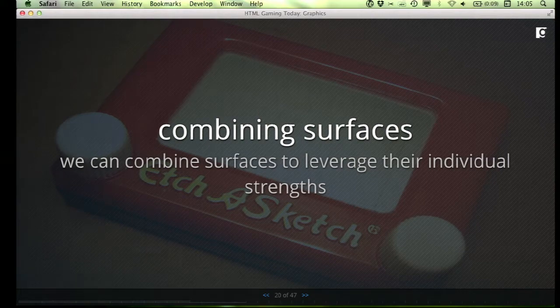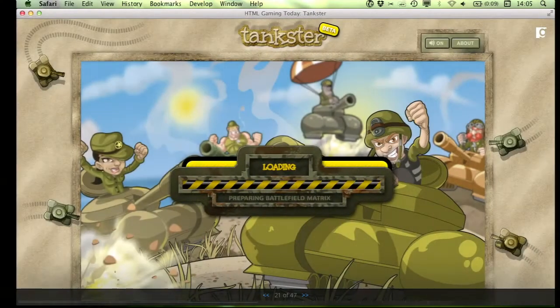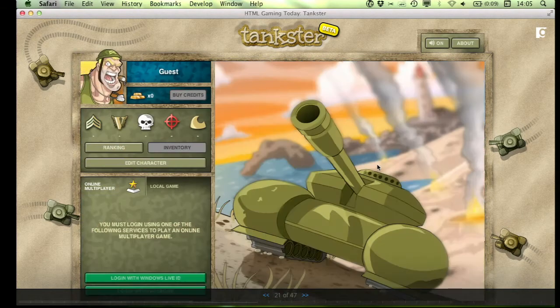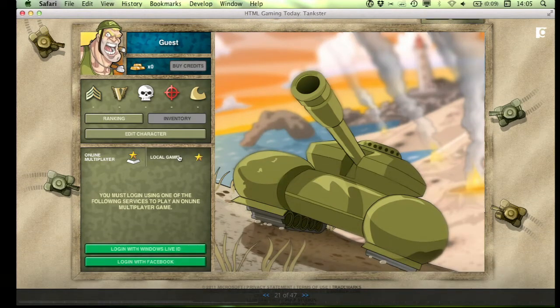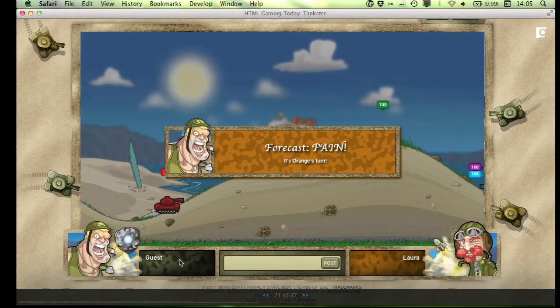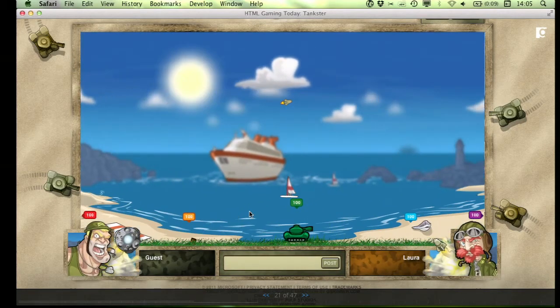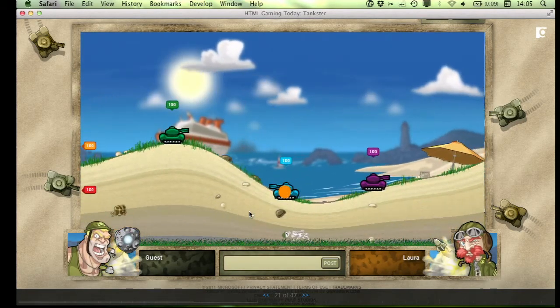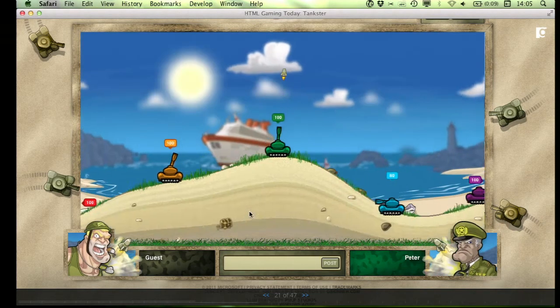So HTML DOM does UI really well. In the games that we've built, all of the UI is done with HTML. Everything you see here is all in HTML. And then when we actually jump into a game, the game map, the portal onto the game, that's Canvas. But all of the UI around it is all HTML.